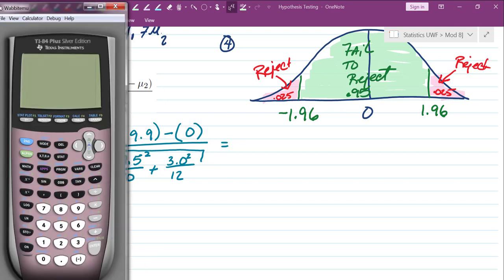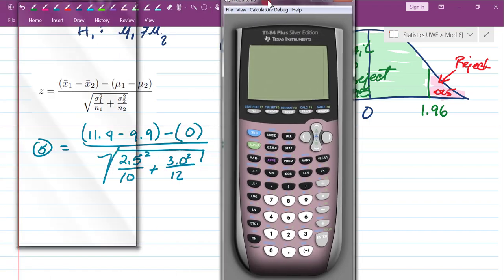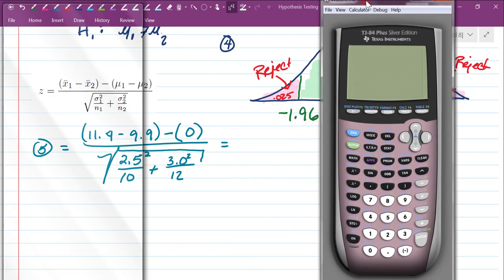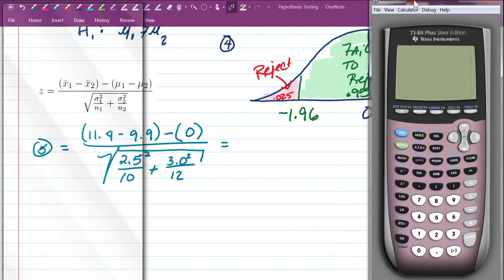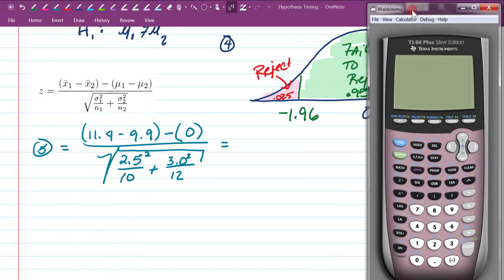And let me see if I can get my calculator to stay right. There we go. So we're going to turn it on here, clear it out. Make sure you overuse parentheses. Because this is 0, I really don't need it here, but I put it there because it's important for you to remember that it is always there. So it's